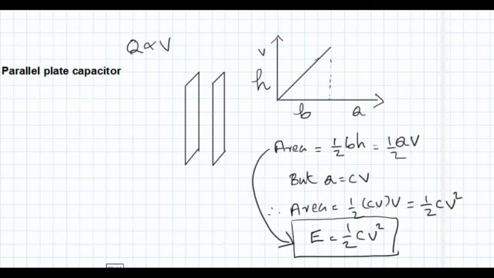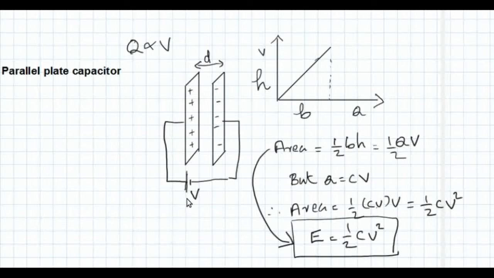And now we can assign some charge to these plates, with positive potential connected to one plate and negative potential to the other plate. The positive potential will charge the plate with positive charge, and the negative potential will charge the plate with negative charges. So this way we can store the charge in this parallel plate capacitor.